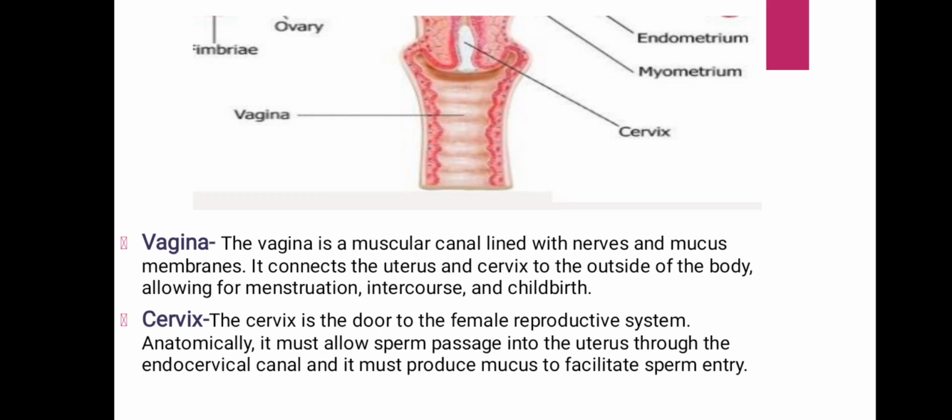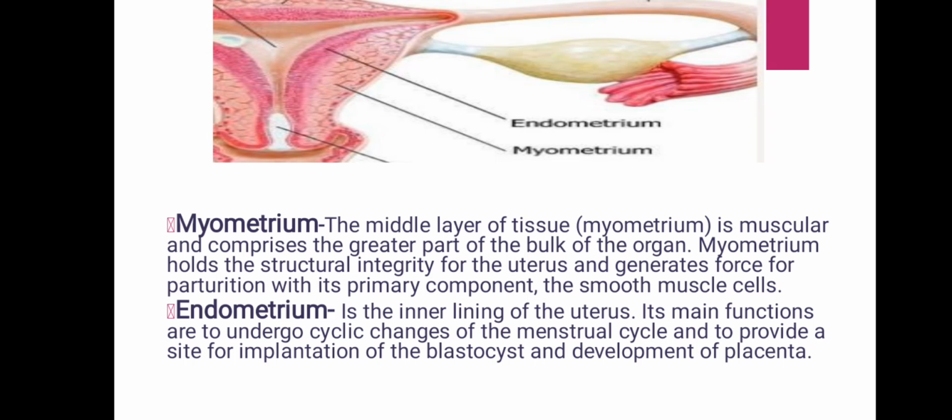Cervix is the door to the female reproductive system. Anatomically, it must allow sperm passage into the uterus through the endocervical canal, and it must produce mucus to facilitate sperm entry. Myometrium, or the middle layer of tissue, which is muscular and comprises the greater part of the bulk of the organ. Myometrium hosts the structural integrity for the uterus and generate force for parturition with its primary component,